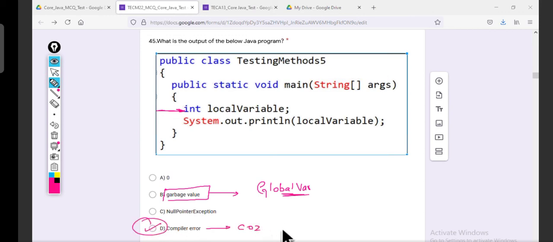The reason: local variable not initialized. That is the correct answer. Garbage values are applicable only for global variables.